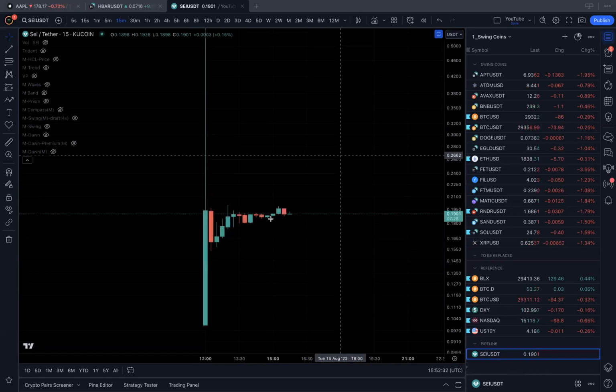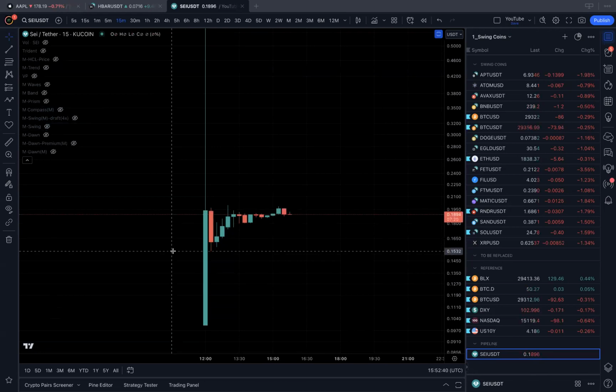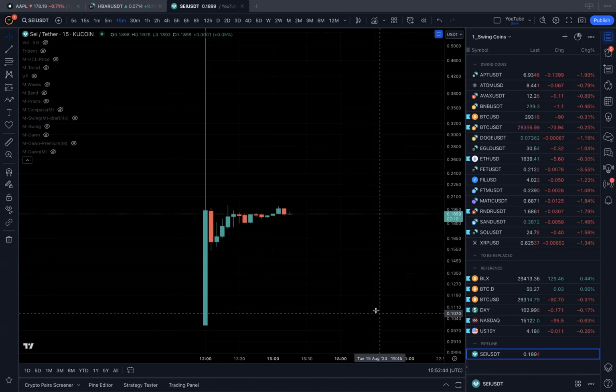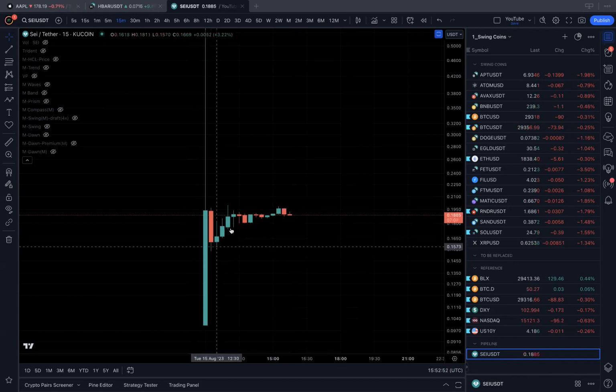You don't know. How would you find it? M swing is not going to give you anything, insufficient data. It's not about M swing, but any major one that you're familiar with will give you the same thing. So if I'm interested in SEI, what is my interest right now? My interest is, because it started here and it is here,